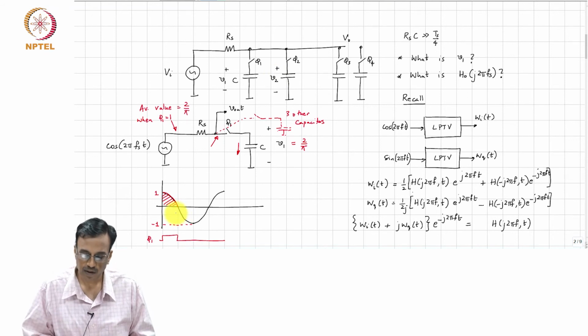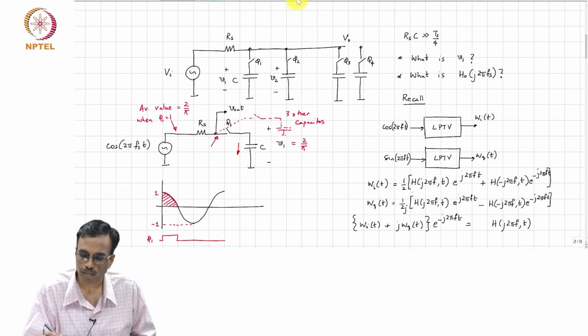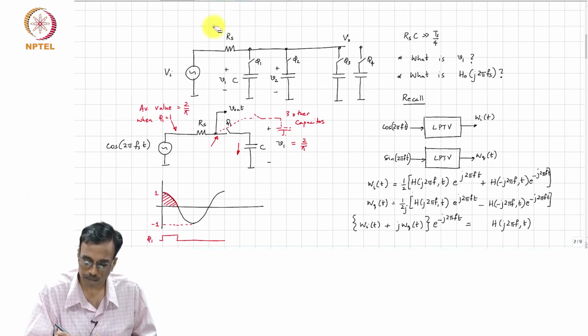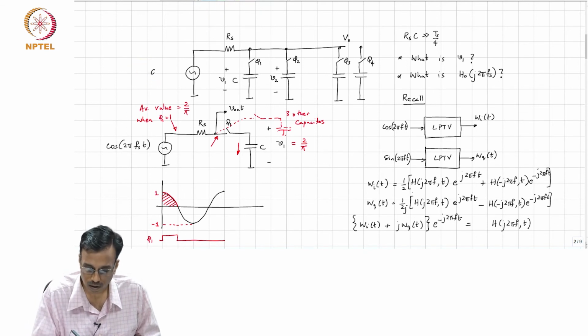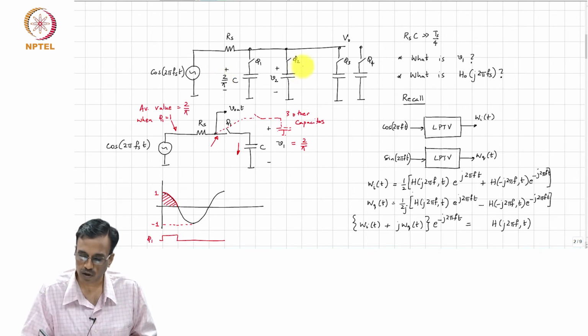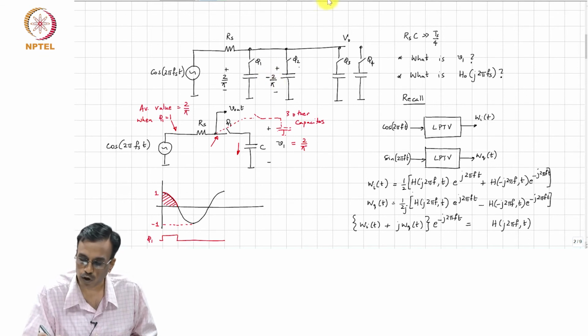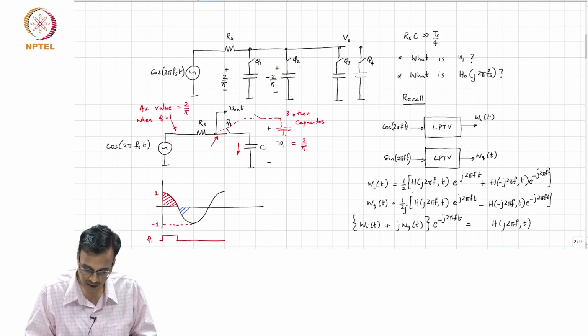It will be, as you can see, this voltage. So, when you excite this by cos 2 pi Fs times t, the voltage here is going to be 2 by pi, and this voltage is going to be minus 2 by pi, because you are going to be averaging that quarter cycle,